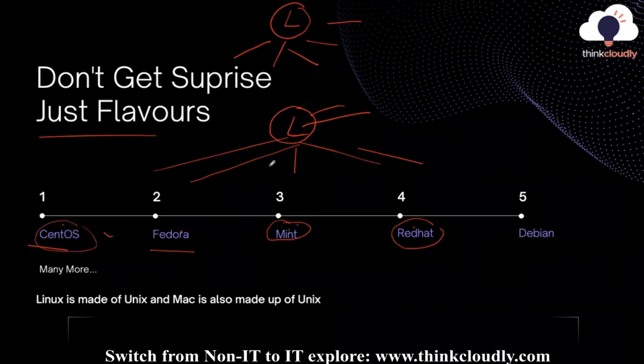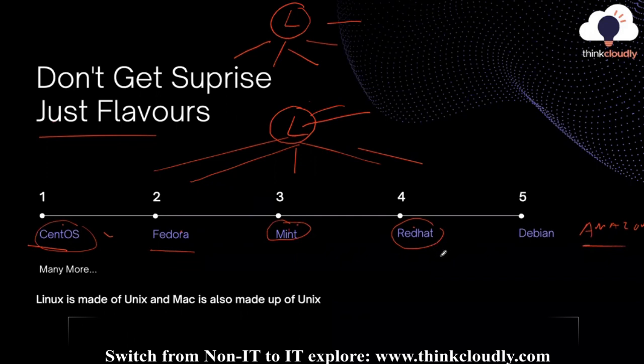Don't think that Linux has only 5 flavors. There are many other flavors in the market. But if you are aware of these terms, that's enough. One of the students asked me yesterday that a recruiter is asking which Linux you have worked on. So you can take a few names if you want to. You can take CentOS, you can say Red Hat. Amazon has its own Linux. So when you create EC2, you select Amazon Linux 2 because Amazon has its own version of Linux. Just like that, there are multiple Linux distributions available in the market.